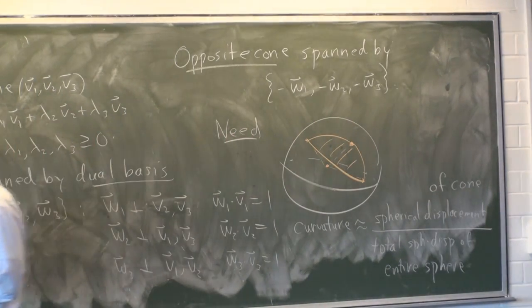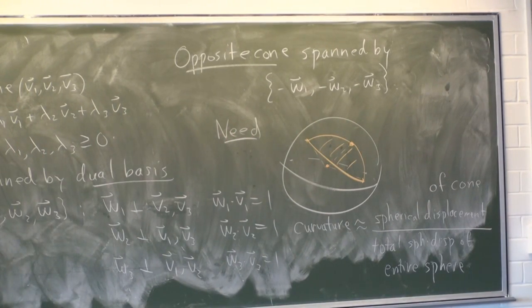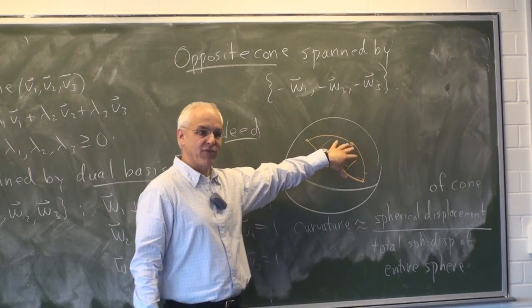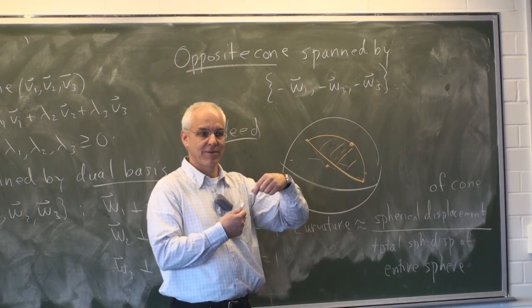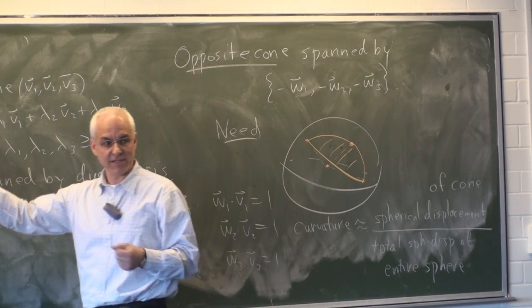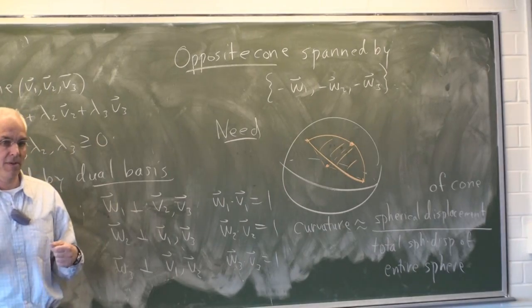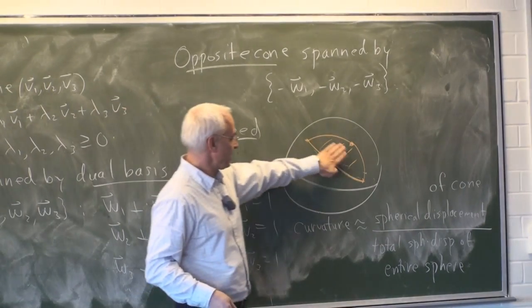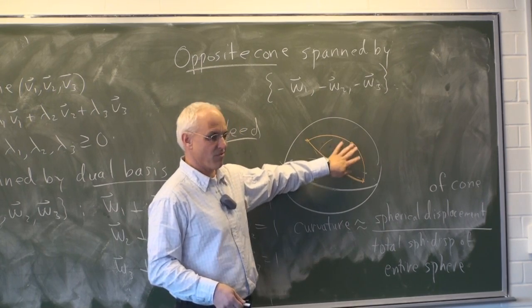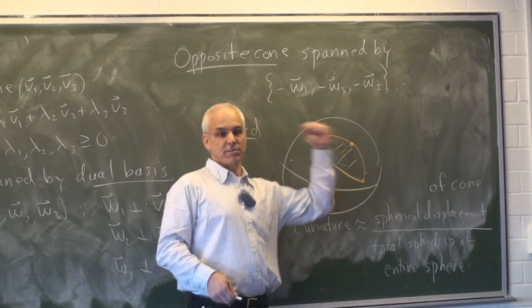Now this is a different approach to what you see in textbooks generally. In textbooks, there's also discussion of spherical area, but the ratios are in terms of ratio of surface area to radius. Okay. For the same reasons that I didn't want to do that in the planar case, I'm not going to want to do it here either. I do not want to compare this area to the radius. I want to compare rather this area, or it's really the displacement, to the total displacement on the sphere.